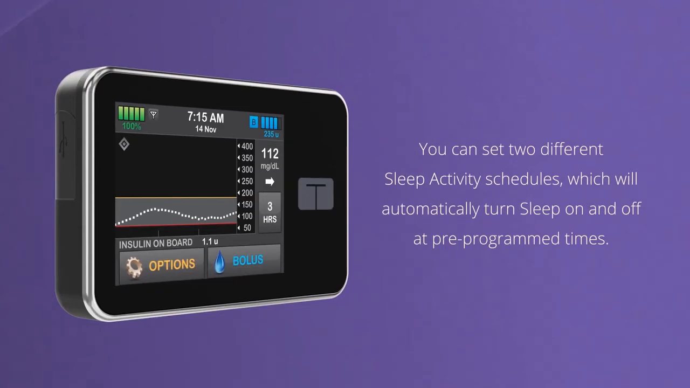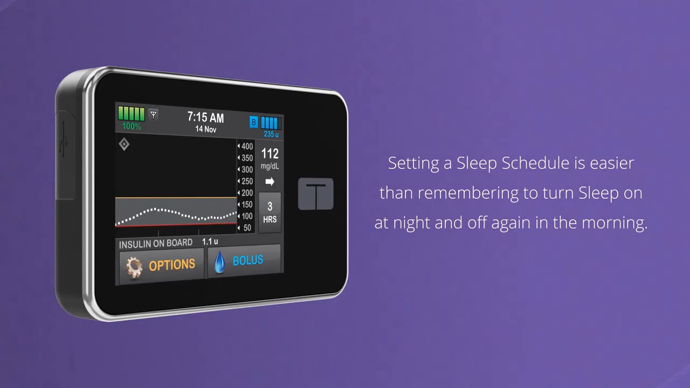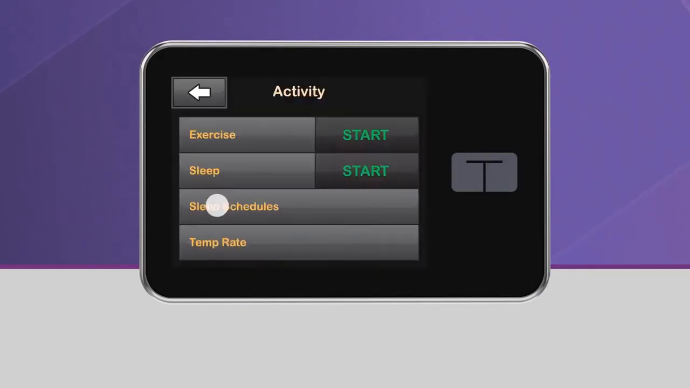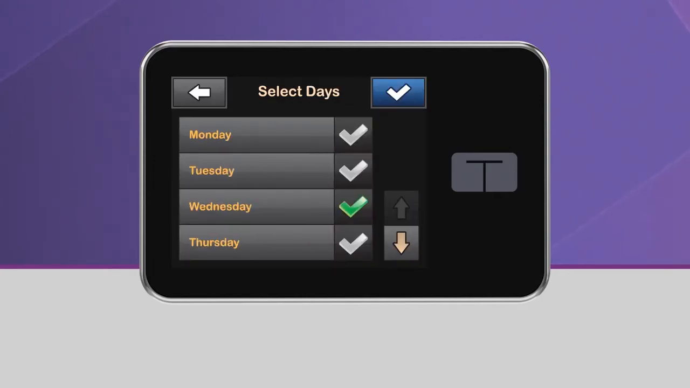You can also set up two different sleep schedules, which will automatically turn sleep on and off at pre-programmed times. For example, you can use one schedule for weekdays and the other for weekends. Setting a sleep schedule is easier than remembering to turn sleep on at night and off again in the morning. To set these schedules, navigate back to Activity and tap Sleep Schedules. Then select one of the two sleep schedules to set it up. You can select any or all days of the week,